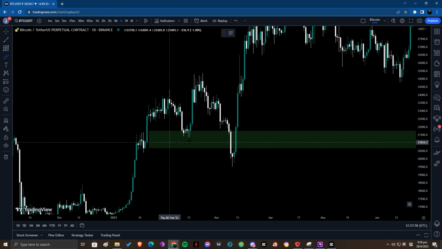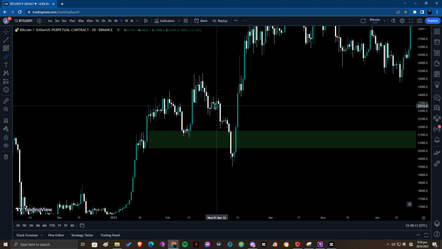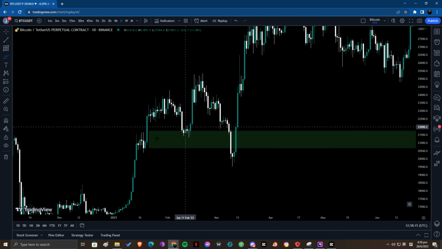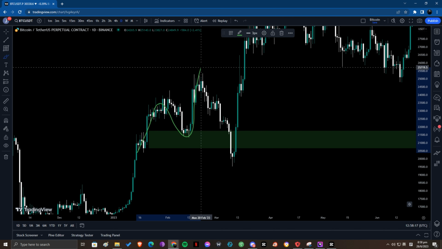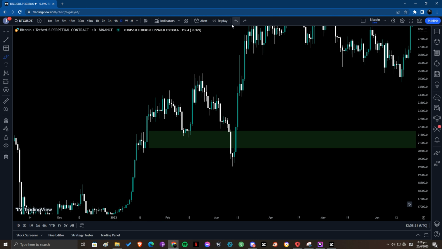Did I take this trade? I think I did. This was a very long time ago. I think it was about the start of 2023. Okay, it was a very good trade, and there's actually a lot to talk about just from this structure right here. And in future videos, I'm going to talk about setups, but for now, let's stick to this video. So clearly the price reacted to this. Now, again, would you consider this an order block?